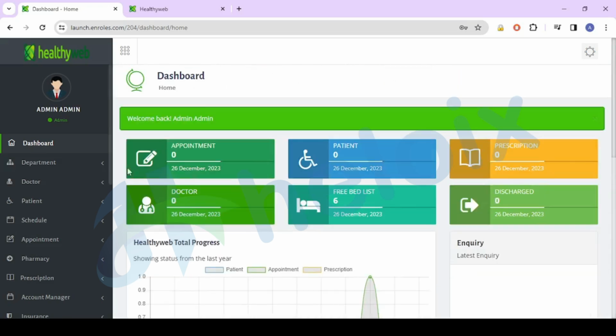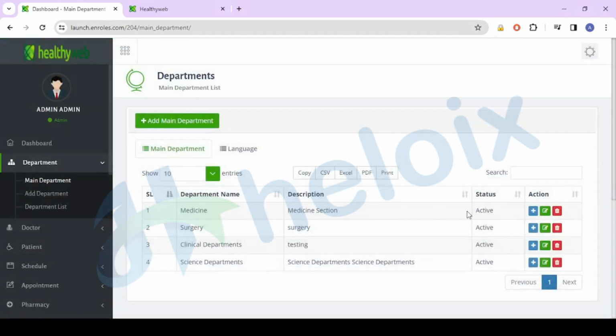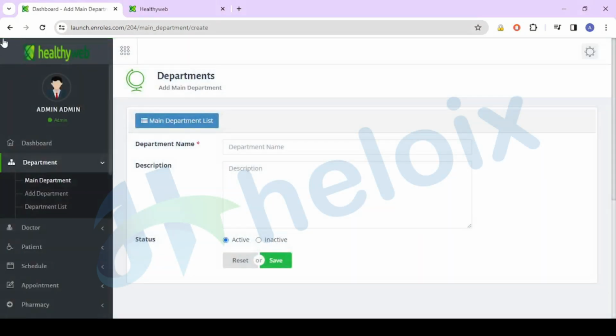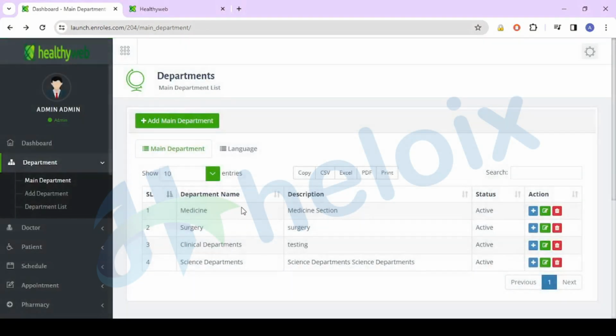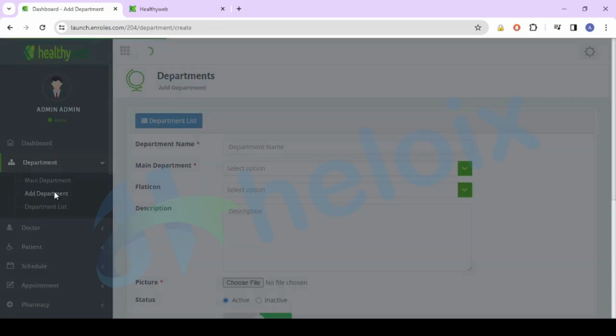See, these are some departments which we had added. If I need any other department, I can create it as well. See, this is department name, department description. If I click on a plus icon, then you can add more. Here you can manage yourself easily. Means content, language, department description, and so on. Here you can make multiple departments as well.